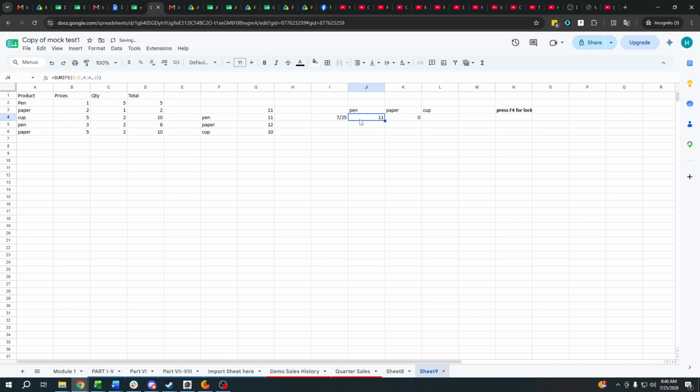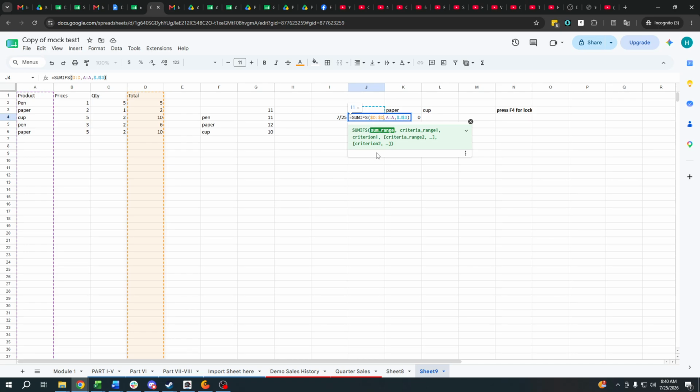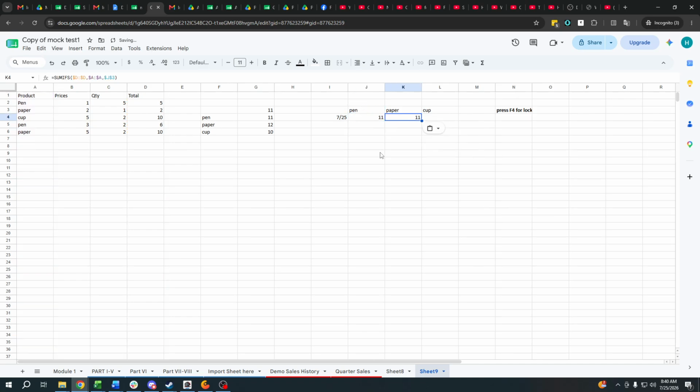If we apply lock here, it's always applied here. For the range, if we press F4, it's only lock or not lock. So if we press lock here, it should be this one. But as you can see, the pointer doesn't point towards the paper, but instead to pen.